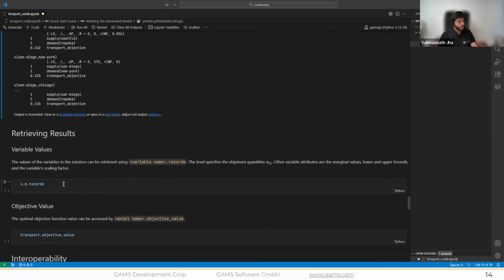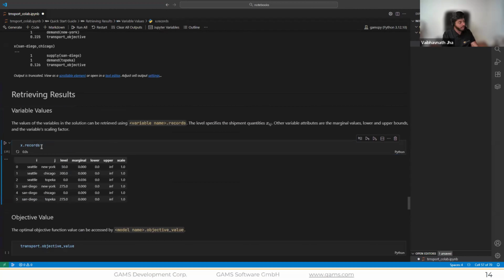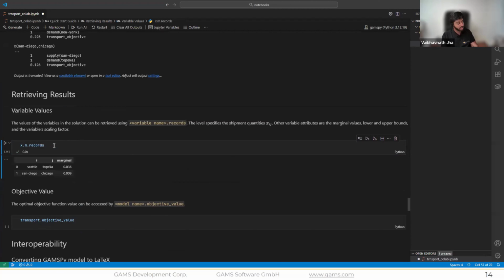And then, what about retrieving the results? Well, again, it's as simple as just calling the records property. And let's say I just want to access everything for the X variable. I can do that by running this. And if I want to access just the marginal, M is for marginal, I just get the marginals out of the X variable.